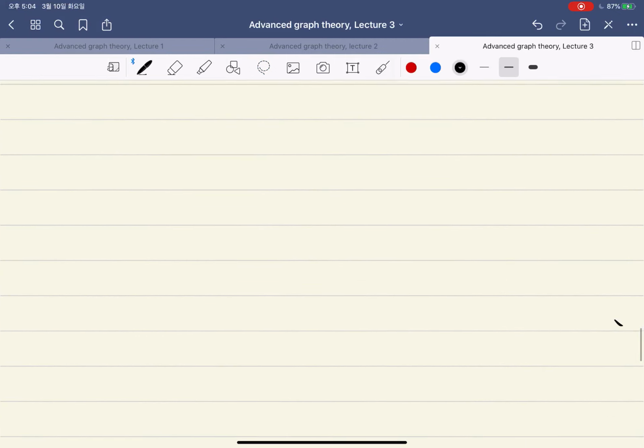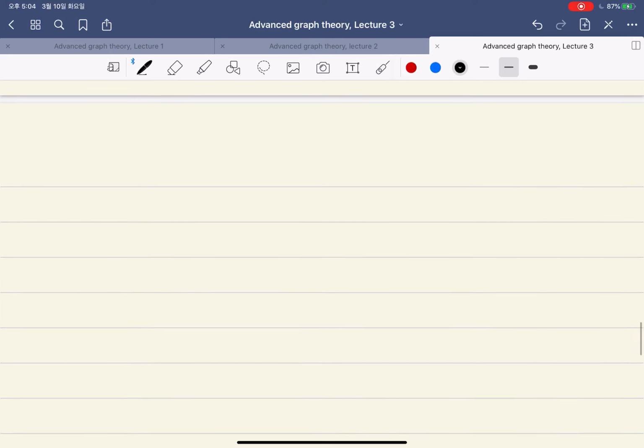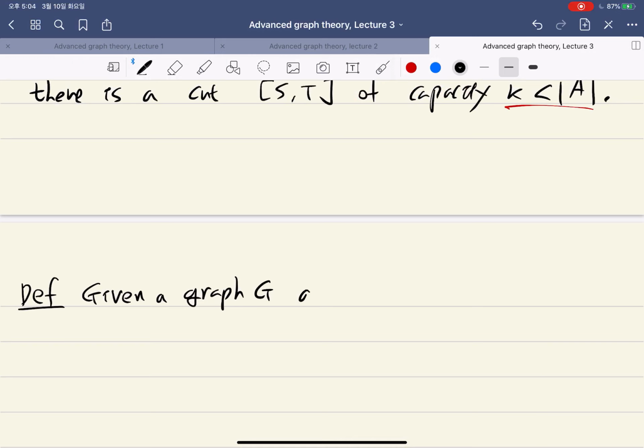And moreover, we can consider a more general concept than this perfect matching. So given a graph G and a function f which assigns some non-negative integer to each vertex,